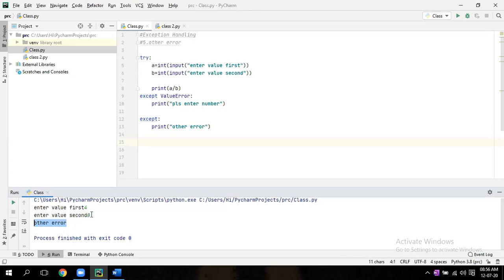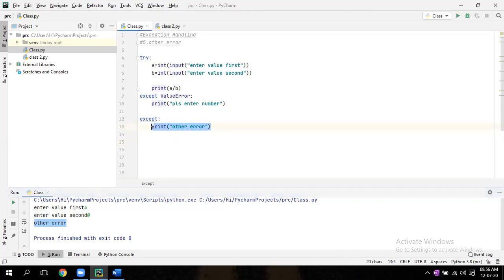So that means when you mention that error name, if that error comes, then only it will go to that block. Or else, if you don't write it, whatever error it may be, it will come to that block.